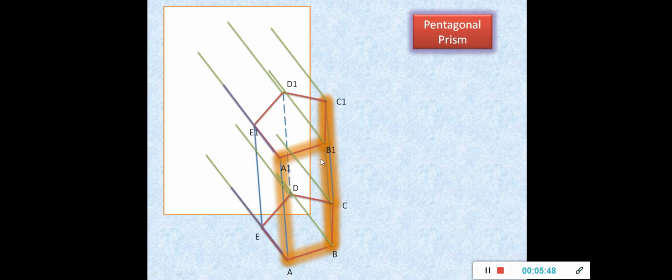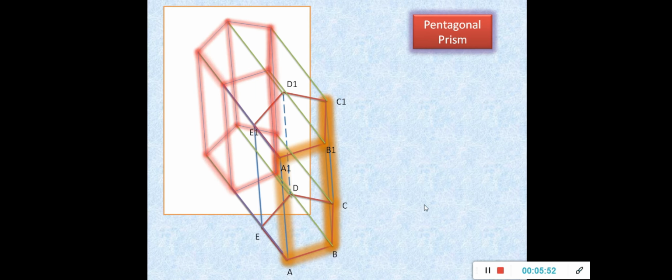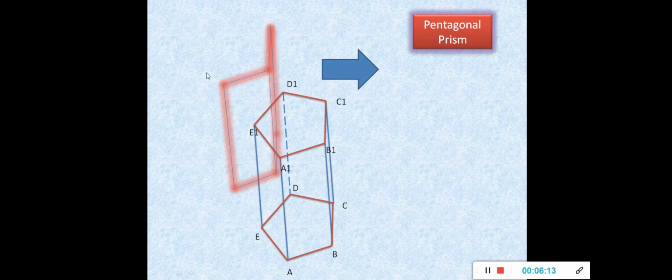All the points here we have projected here. Then how do I get a pentagonal prism? This is the way I get a pentagonal prism. But it is not sure whether I am going to get this surface or not. So to make it understood, we place a light source here, and I can see this rectangular surface here and this rectangular surface over here. So this is not the way we get the 2D projections. What we'll do is change it this way. Two rectangles, one the actual shape, one the reduced one.